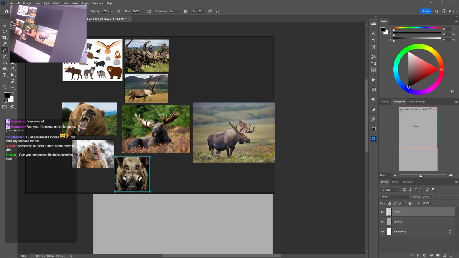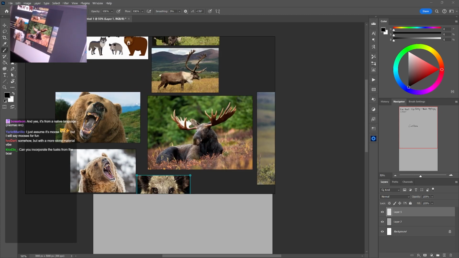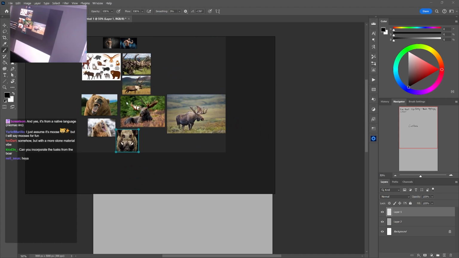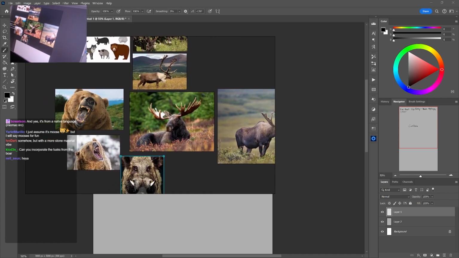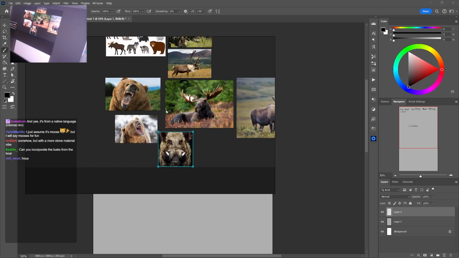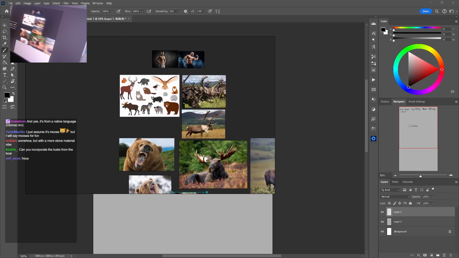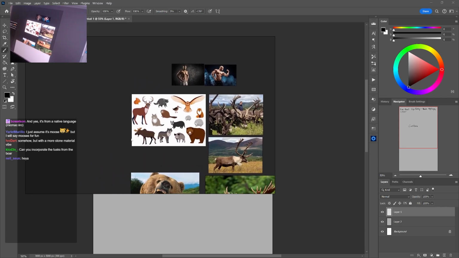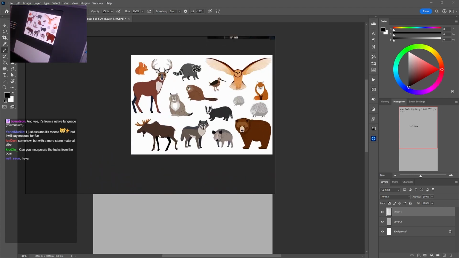We'll figure out how to incorporate the tusks. I kind of don't want to make him look like an orc, to be honest. I keep forgetting, so let's not make him look too much like an orc, because that would be kind of strange. I think this is a good start. What do you guys think? What kind of wings do you think we should give him? Should we give him leathery wings, or should we use feathers?